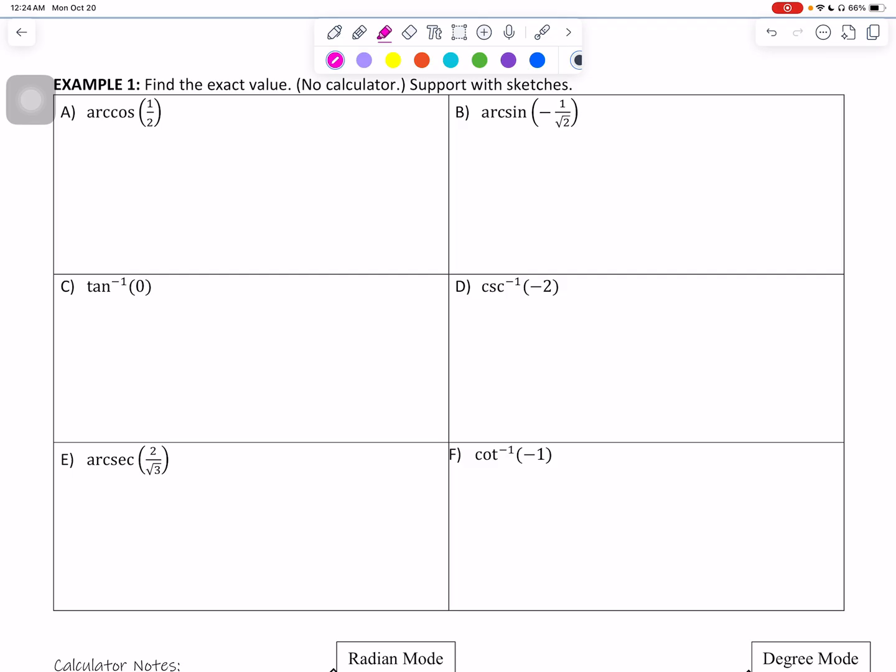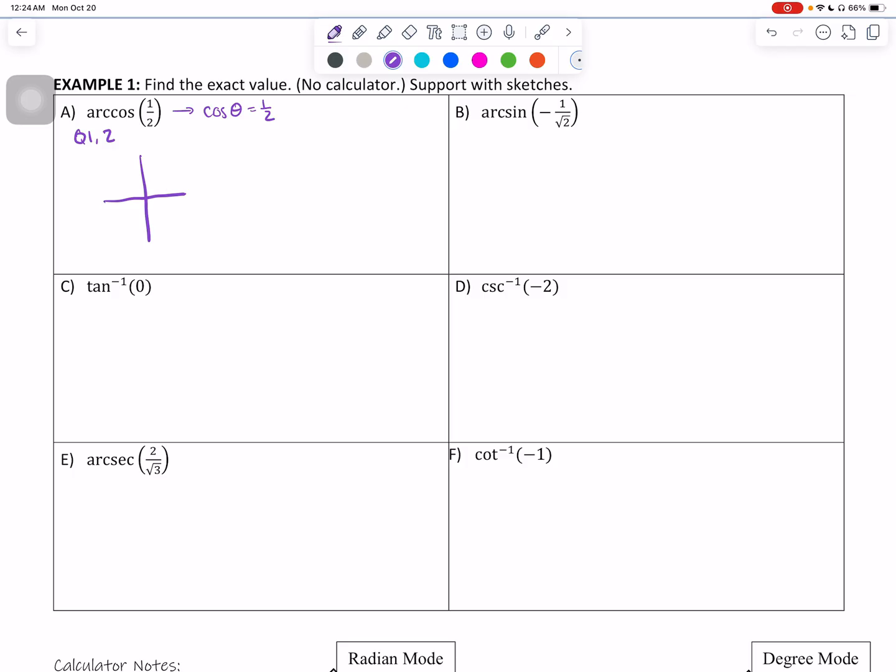But I am going to write this a little bit differently because when we were writing in those boxes and we had cosine to the negative 1, or arc cosine, that equaled cosine of y; well, in this case, it's our angle, would be the x. So I'm just rewriting it. So arc cosine of 1/2 really is equaling theta, but we want theta. So remember, cosine is using quadrant 1 and 2. So when I draw this,